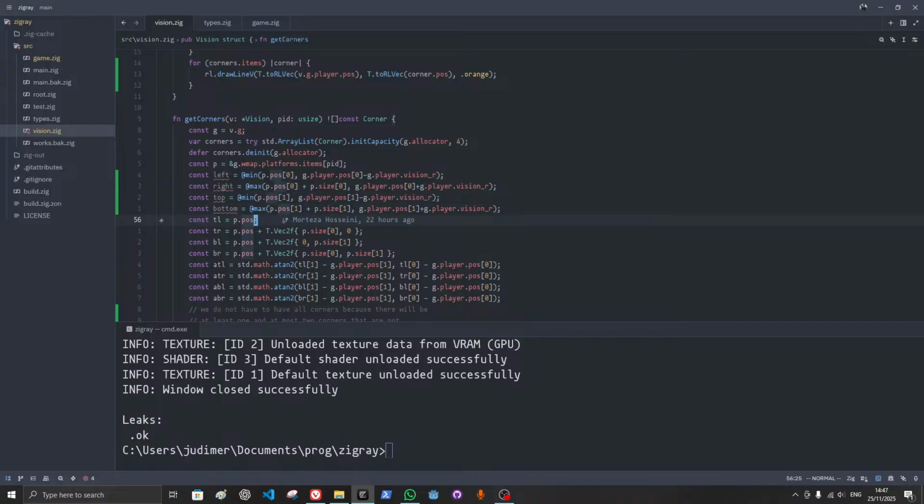This way we only get the corners of the platforms or parts of the platform that are inside the